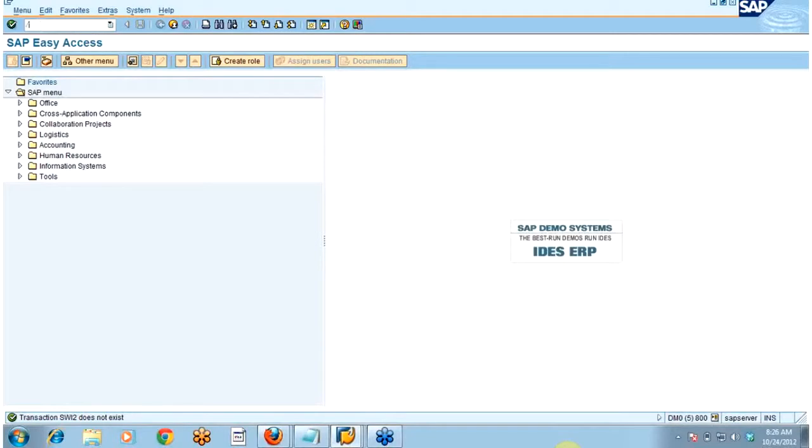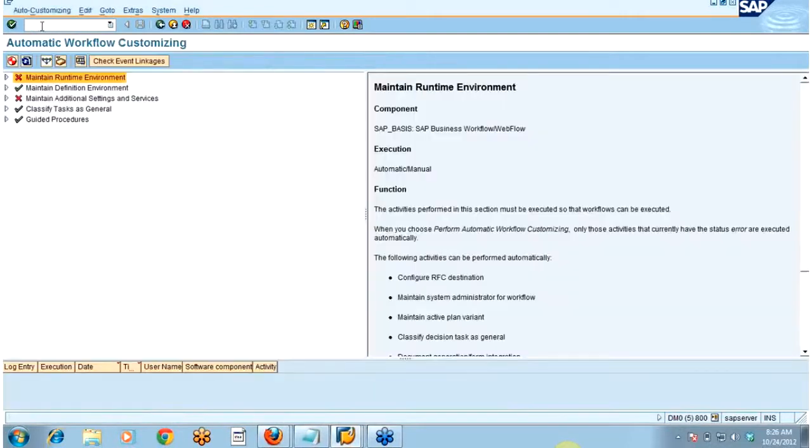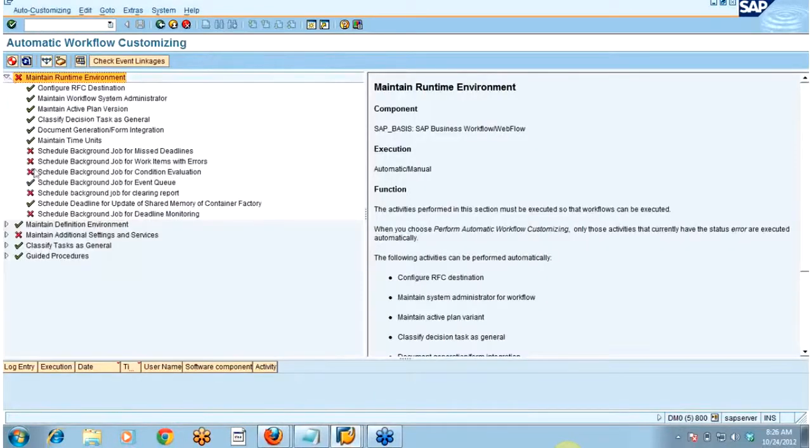What happens in SWU3? This configuration is done. Whenever the workflow gets into error state, the person who is defined in SWU3 receives the notification that this particular workflow has got into error state.